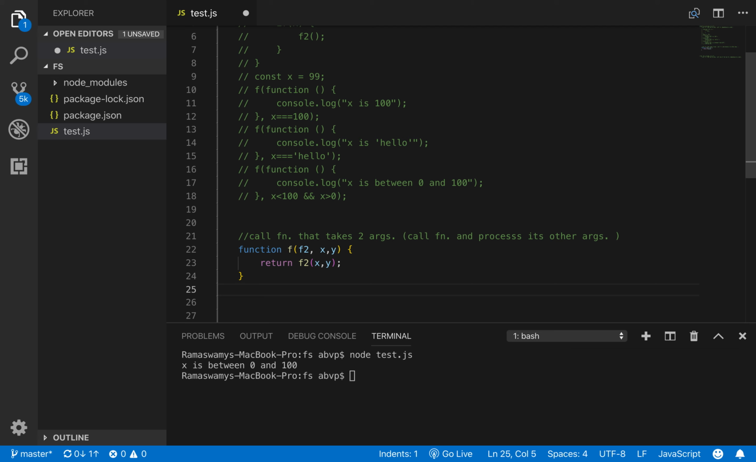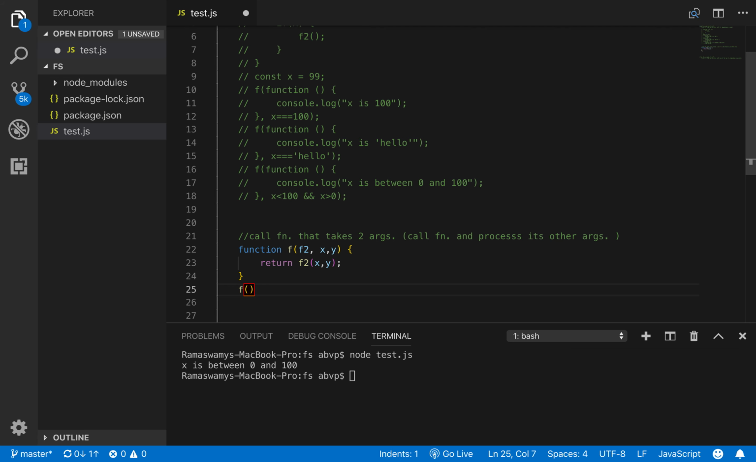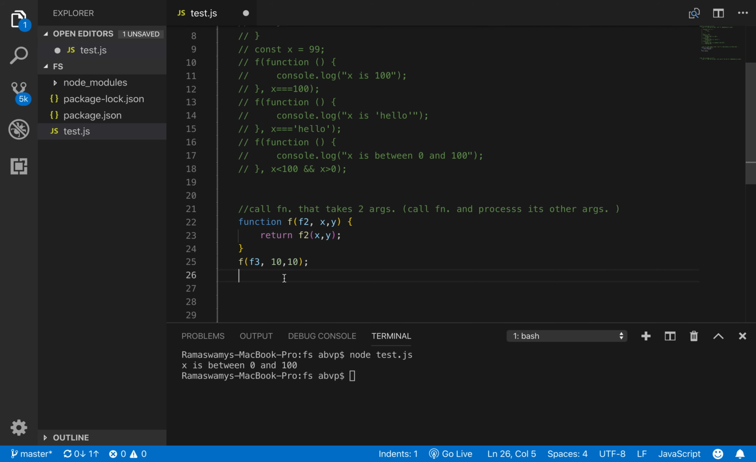Outside the function, we can call the function f and pass in the appropriate parameters. So let us say we call our named function f3 and pass in say 10 comma 10. Similarly, let us call one more named function f4, and say pass in 20 comma 10 and define the function f3